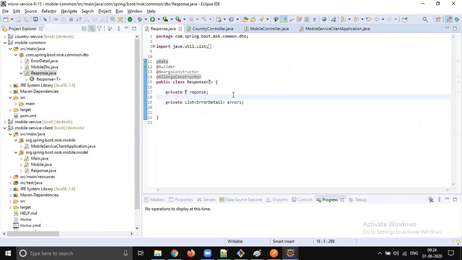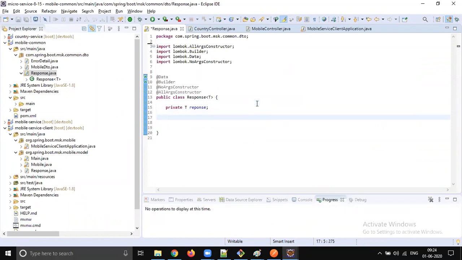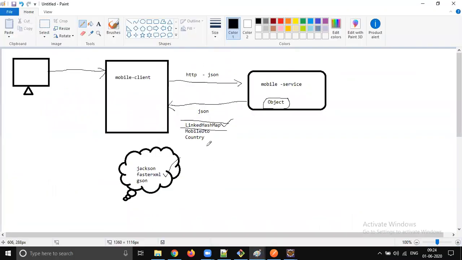So we are trying to store exact data, and moreover, we are not going to have two parameters. It's only one parameter, based on the HTTP response status code. Now your response is going to have only one particular type.